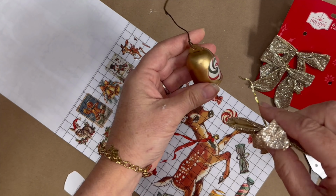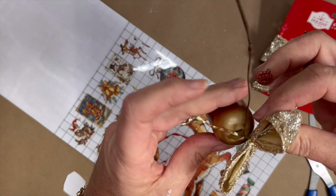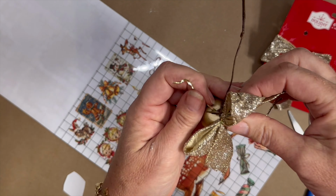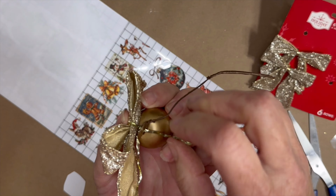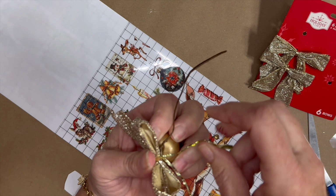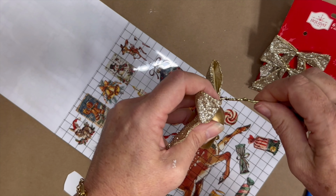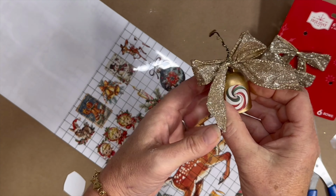Now, look at these cute little bows. They are from Walmart, and they are wired, and they're shiny, and they already have the wire in them to tie them on this little bell. So I'm just going to run it through the hole, give it a good twist to make sure it's tight, and then I'm going to wind it up the metal part of the bow, which I will turn into the